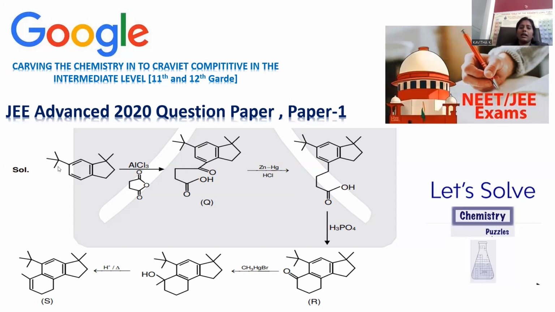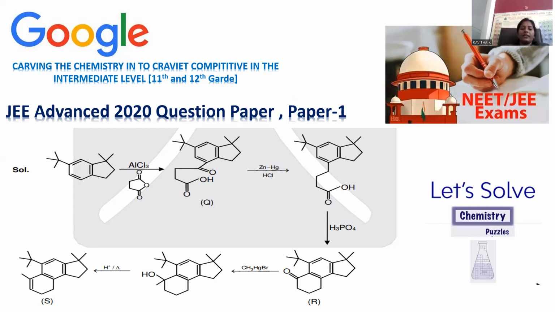Whenever an alkyl substituent is there, it has a natural tendency of ortho-para directing nature. So the directing efficiency, everybody is aware. Any alkyl group present on the benzene ring directs further incoming substitution towards the ortho position and para position,